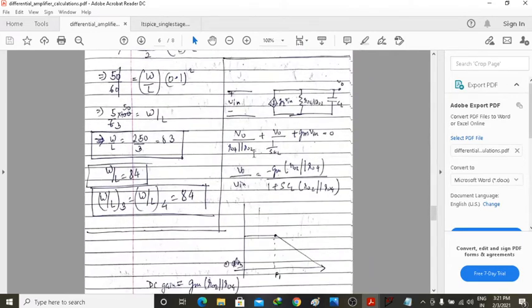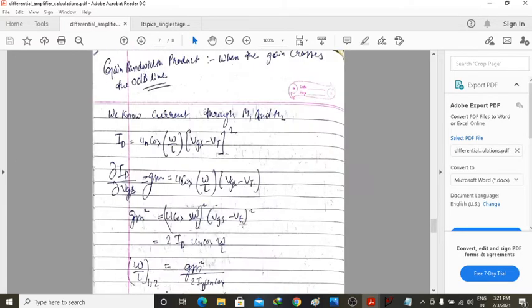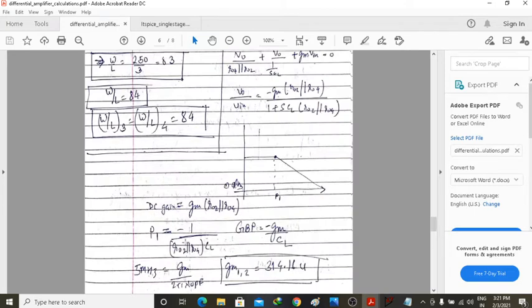You see, when I draw the small signal model of the M1 transistor, finally I am getting Vout by Vin equal to minus gm times (ro2 parallel with ro4). Actually I am drawing the small signal model of the M2 and M4 transistors, which is the same as M1 and M3 because they are the same. So the DC gain comes out to be gm into (ro2 parallel with ro4), and the pole is minus 1 by (ro2 parallel with ro4) into CL.